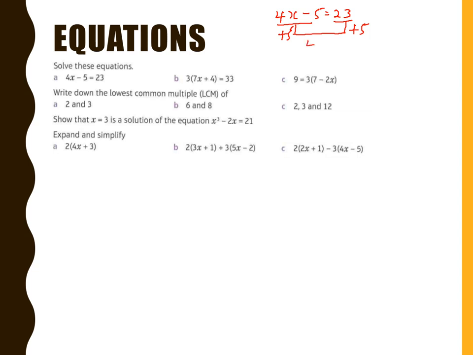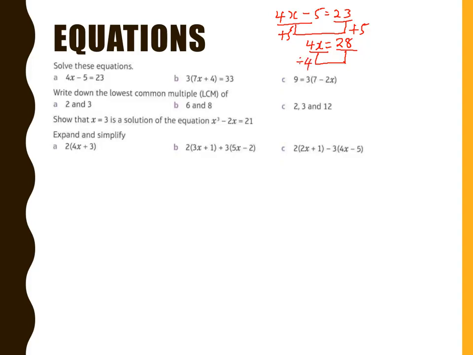So here I'm left with 4x equals 23 plus 5, which is 28. Now I have the same balance, but I want x on its own. When I said minus 5, plus 5, it's because it's the opposite. The opposite of negative is positive. And now we're multiplying x times 4, or 4 times x, so we have to divide by 4 this